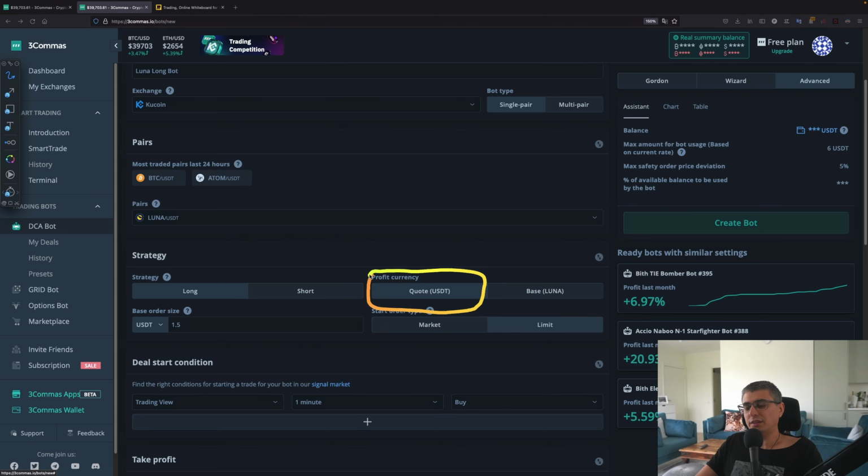And when you get enough profits in USDT, you can just open a new bot when you have enough funds to run a new bot, right? Let's say you are using $200 or $100, but yeah, let's say $200 for every bot. Then when you generated $200, then you can start a new bot, right? Or add a new pair. But what I actually like to do